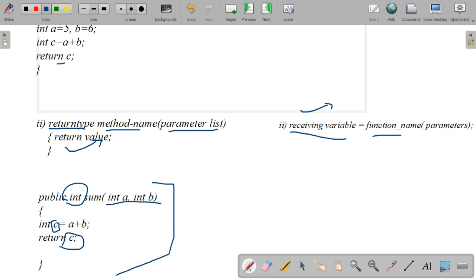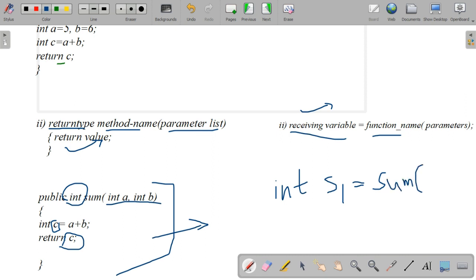So after defining this method, if you want to execute it, yes, definitely we need to execute this method. How will we execute the method? By calling this method. So how will we call? For that, we will assign a variable like any other variable, with the same data type, and I'm just writing s1 equal to sum. s1 is equal to the function name along with the parameters. Function name is sum and parameters.